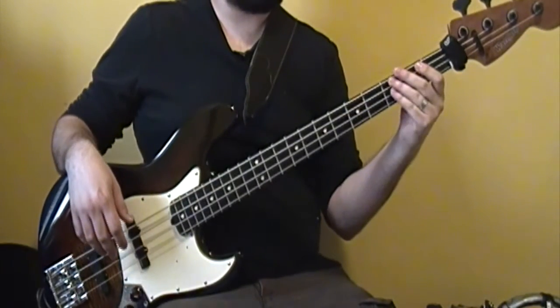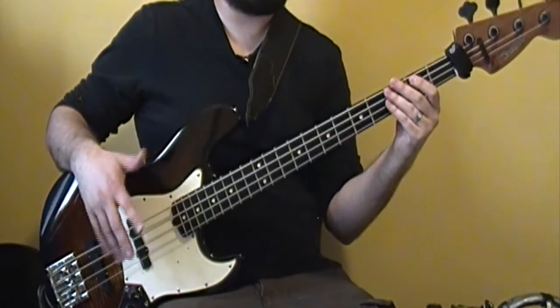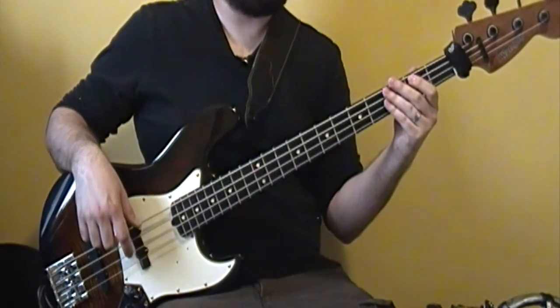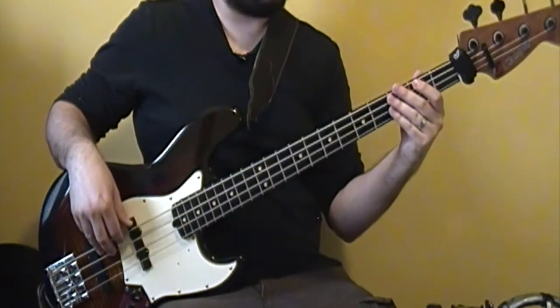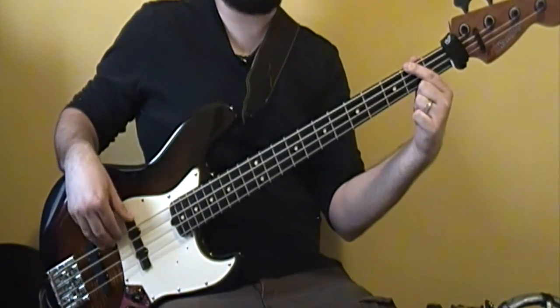Moving on, we're into the first solo. That looks a lot like the verses, except with some additional little hits in them. But it's largely going to be the same. You're going to be on the 2nd fret of the E string, and you're going to do your 16th notes,